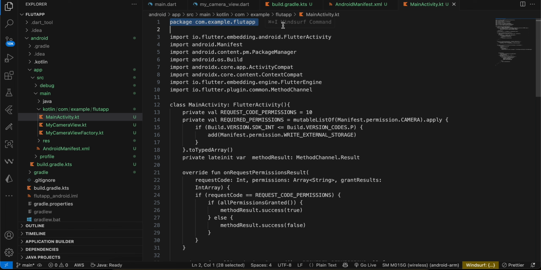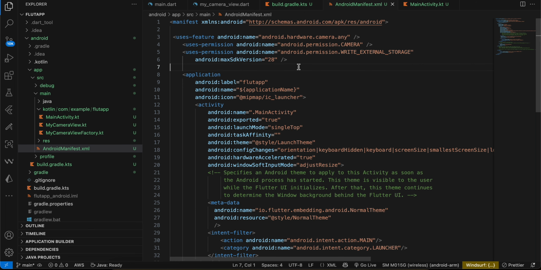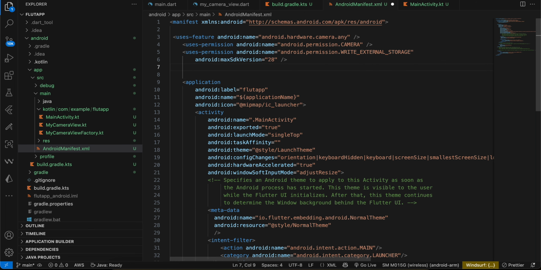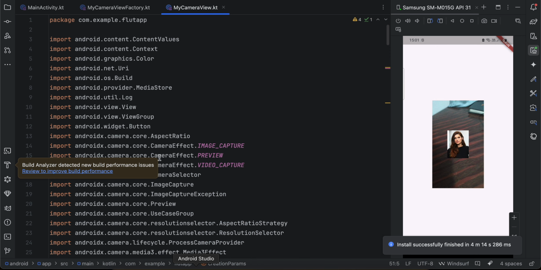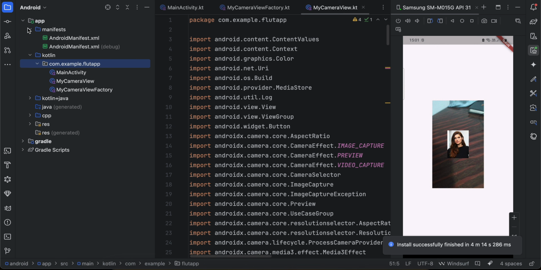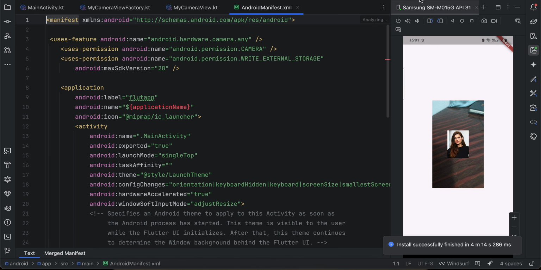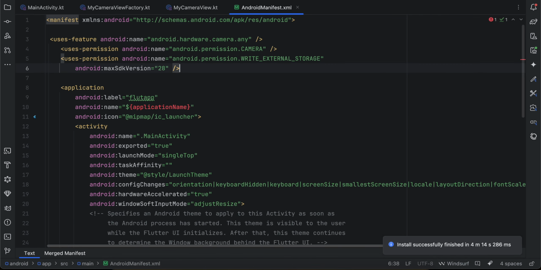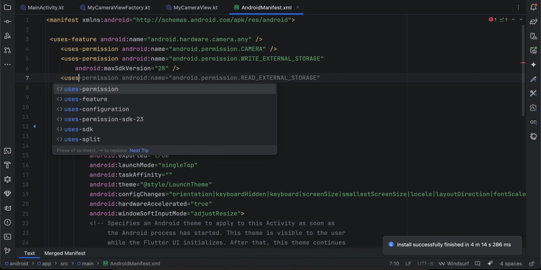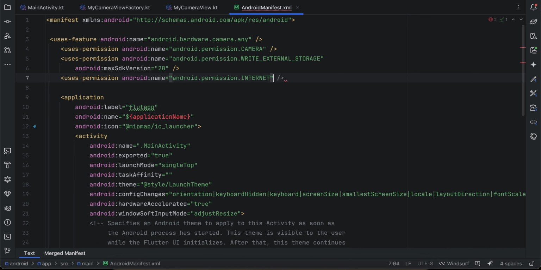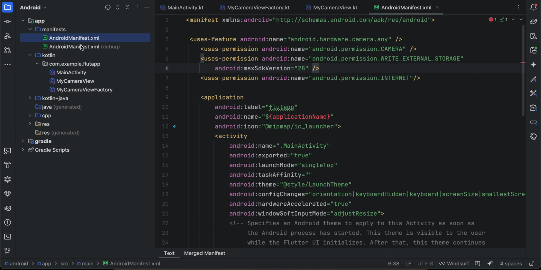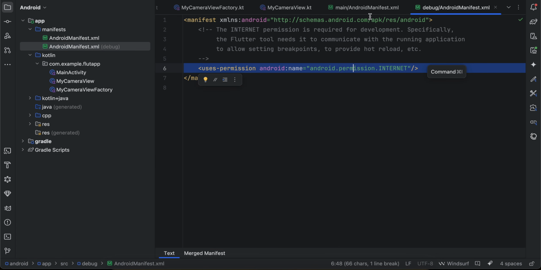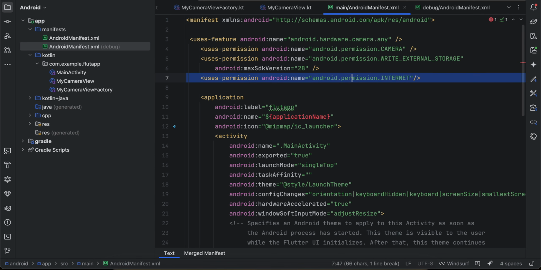An important thing is inside the Android manifest; I think I forgot to do this. By default it must have added the internet permission, but I'll quickly add it from Android Studio. You don't have to open Android Studio, just give me a second because I'm more comfortable adding it from Android Studio so that I don't make any mistake. I think by default it took the internet permission from the debug one. But if you try to release in production and this internet permission is missing, it will not download the image for you